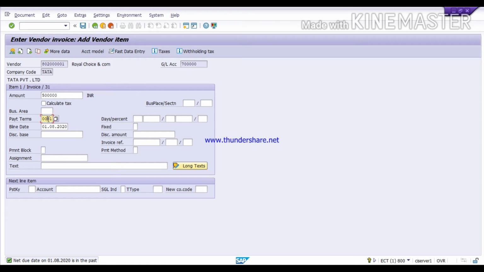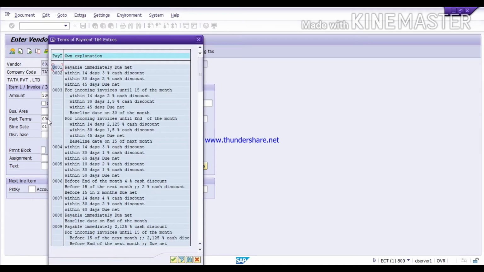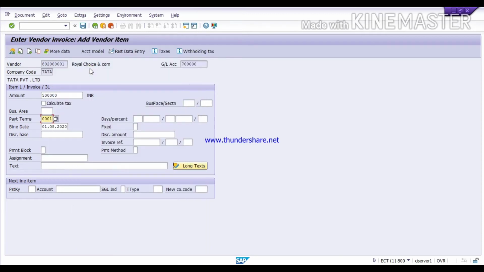If you want to see the list, you can see it by pressing the F4 key. This is the first, immediate payment. Here you can give the text or narration, or you can give any assignment number as per your company. You can see the details and mention these details.